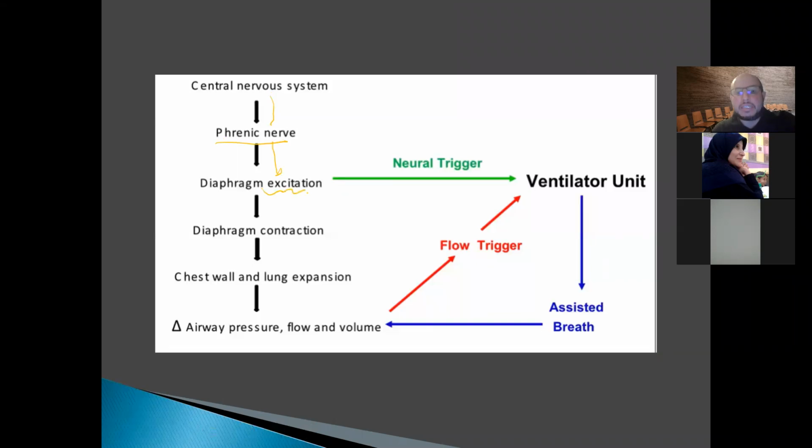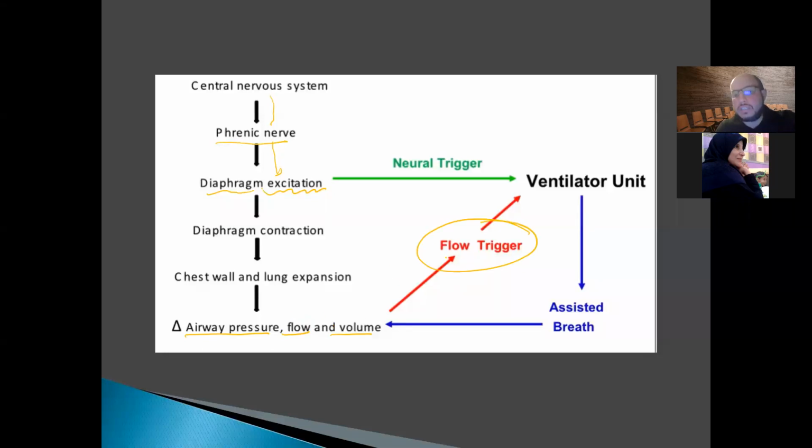Phrenic nerve excitation, diaphragm irritation, and the diaphragm starts contracting, the chest wall and lung start expanding, changing the pressure. Once the pressure changes, the flow and volume inside the alveoli, that's mechanical ventilation, okay, not NAVA. There's a flow sensor, it sends a message to the ventilator, and then it sends an assisted breath to the baby. So that's regular ventilation. This cycle is the regular ventilation. So the baby starts to breathe. Once the baby initiates the breath, the flow sensor signals the mechanical ventilator, and the ventilator sends an assisted breath